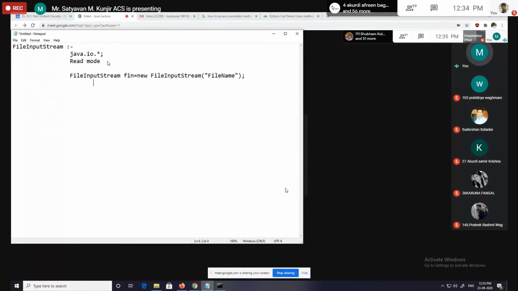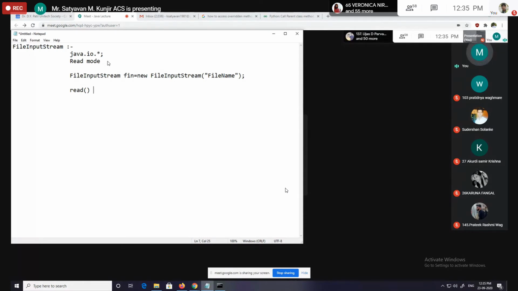Then see, suppose if you want to read the data from a file, then we can read it. And for that, we have to use a method. Its name is read. Read is a method that reads the data from a file, one character at a time, and it returns the data in byte format. Suppose in our file there is a character A. Then the read method reads that character from the file, but it does not return a character. It returns its ASCII value. The ASCII value of capital A is, suppose, 65. Then the read method returns that value. It returns 65, not A. That we have to remember.